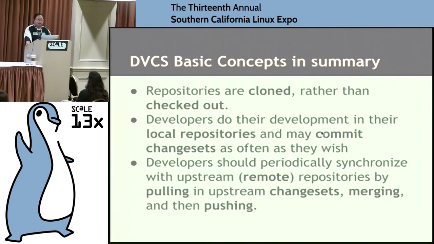So in distributed version control systems, as you know, everyone has a copy of the repository. And that's why we call it cloning. We don't call it checking out. It's not like we're borrowing a library book. We have our own copy of the repository. And the way that you work in distributed version control is that you have your own copy of the repository. We'll call it the local repository. It's the one that's closest to you. You make any changes you need to, and when you want to synchronize upstream, you push those changes up. So with the upstream or remote repositories, the general rule of thumb is that you try to pull in the new changes, you deal with the merges, and then you push it back out. That's how you do distributed version control.